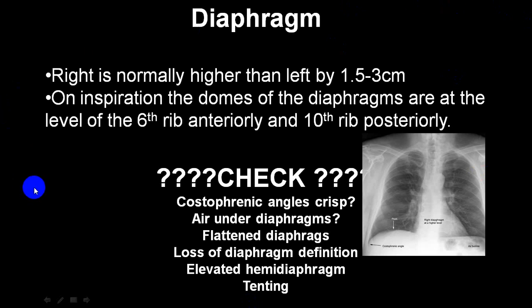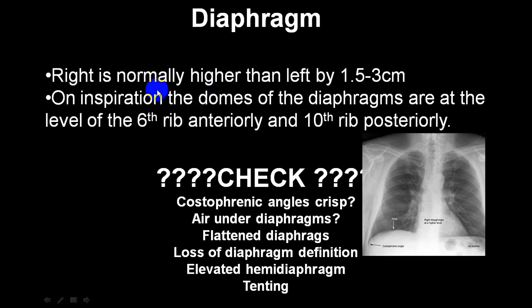Now we are going to talk regarding the diaphragm. Whenever you look at the diaphragm, we look at many things together. We look at level, at what level it is, comparing the anterior end 6th rib and posterior end 9th or 10th rib in deep inspiration. Right diaphragm is always higher as compared to the left diaphragm. Look at the curvature, shape of the diaphragm. Cardiophrenic angle, costophrenic angle. Elevated or pushed down or pulled down. These are the things which we try to look at.